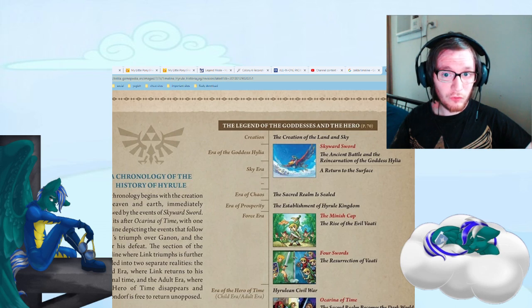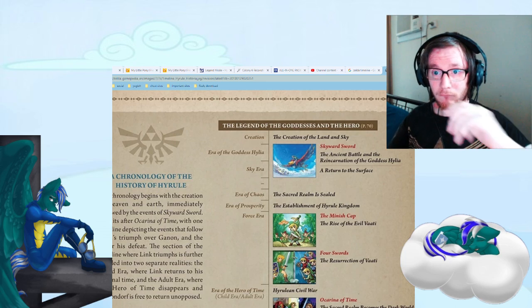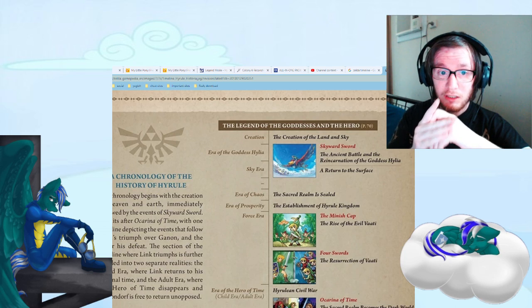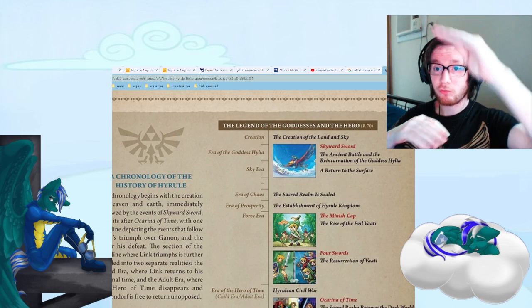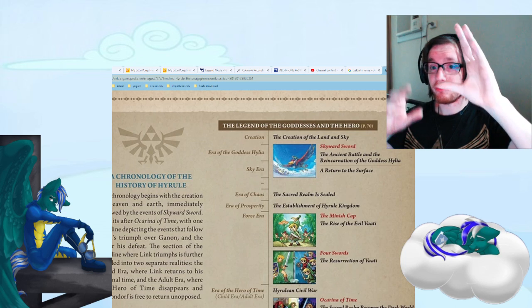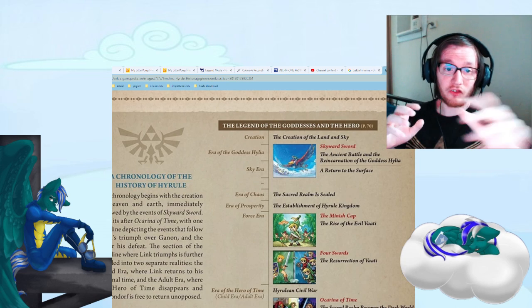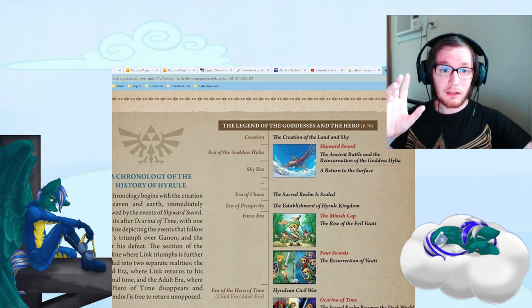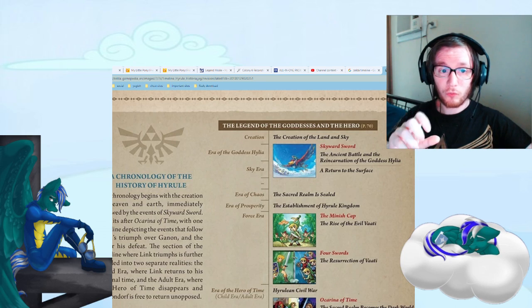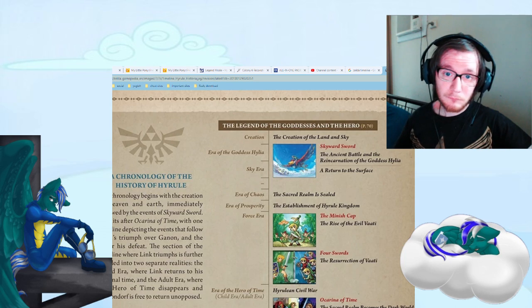Alright, so I need to explain the poll a little bit. So the chronology begins with the creation of the heaven and the earth. That's the work of the three goddesses. That's all well and good. That's explained in Ocarina of Time, followed by the events of Skyward Sword, right? Okay, so we got Skyward Sword here, and then